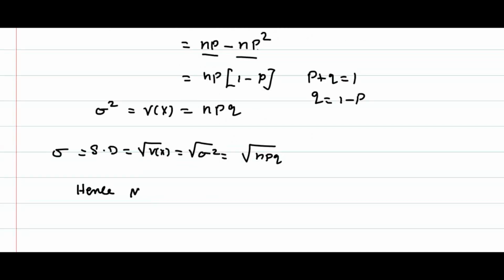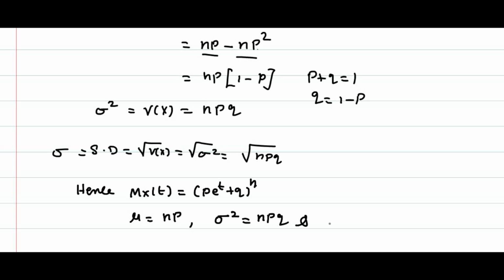Hence, what is the moment generating function of binomial distribution? (p e power t plus q) whole power n. What is the mean of binomial distribution? That is np. What is the variance of binomial distribution? That is nothing but sigma square equal to npq. And the standard deviation of a binomial random variable is what? Sigma equal to